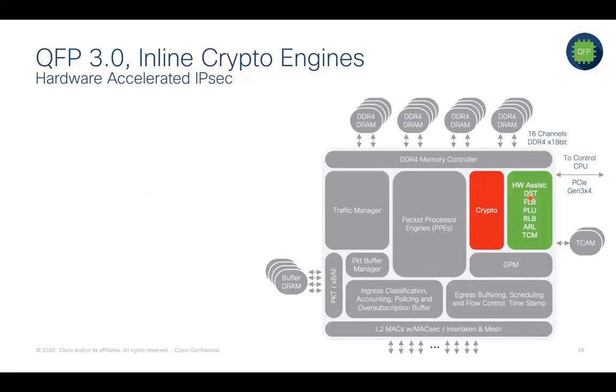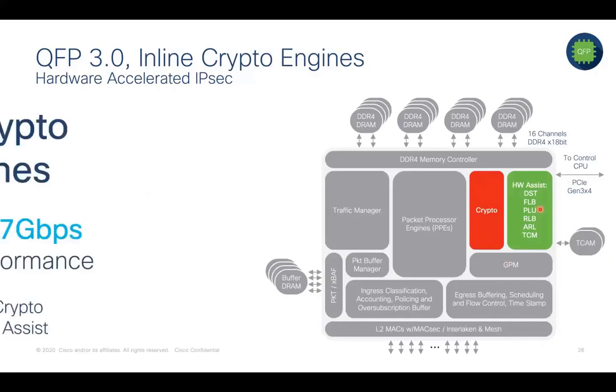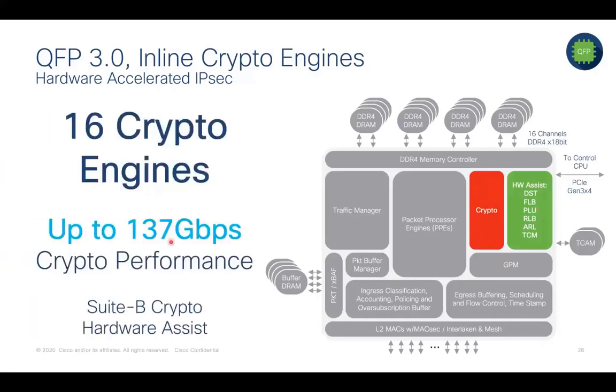We also have hardware assist blocks dedicatedly available in the form of microcodes, which will serve a specific feature application. For example, NAT, firewall, IPsec, any of those complex services that we apply on this ASIC, they get their own dedicated microcode blocks for better scalability. All of this, again, we are able to deliver 137 Gbps of crypto performance for 1400 byte packet size. And all of the crypto is supported with hardware assist capabilities.